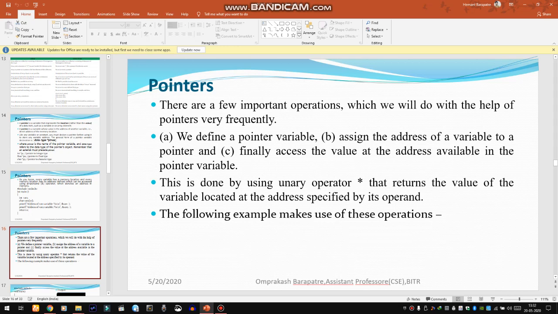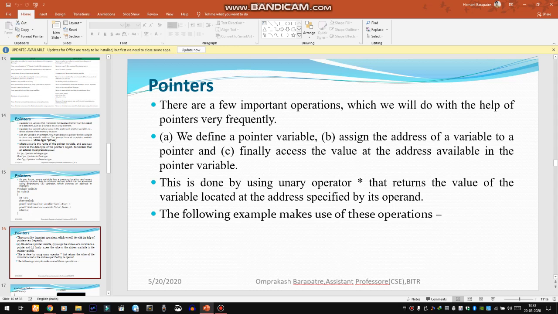Pointer variables can be used with the help of these operations. First is defining a pointer variable, second is assigning the address of a variable to the pointer, and third is accessing the value at the address held in the pointer variable.